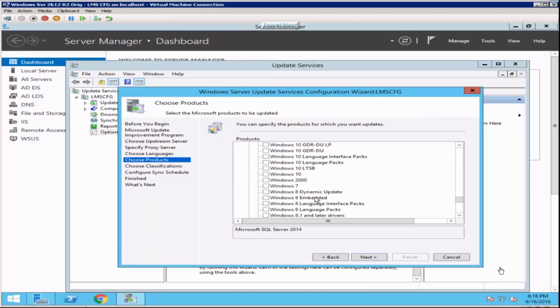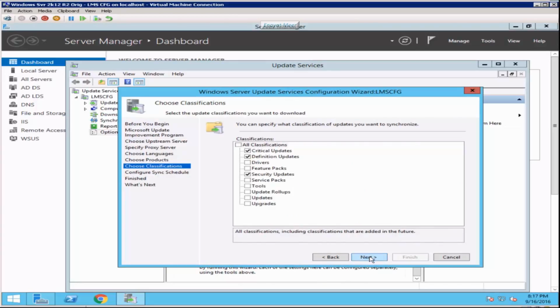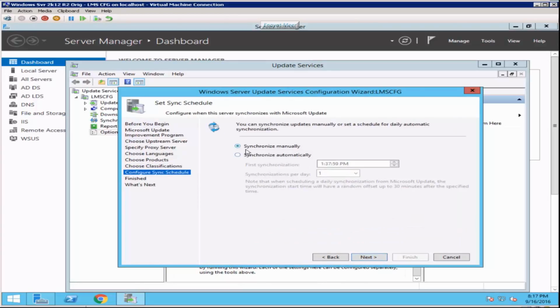I'm showing you these optional features, so it depends what you want to add. The more you add, the more burden you are putting on your WSUS server. So make sure that you only add those updates which are required for your organization. And once you're done, just verify what you got, and you want to sync manually.